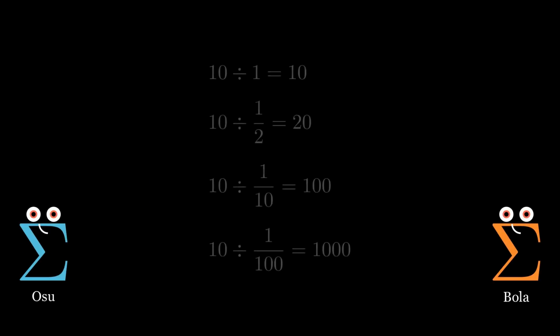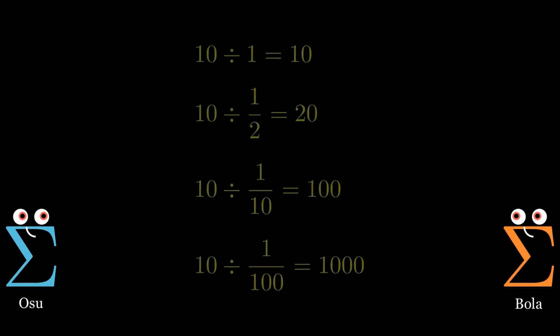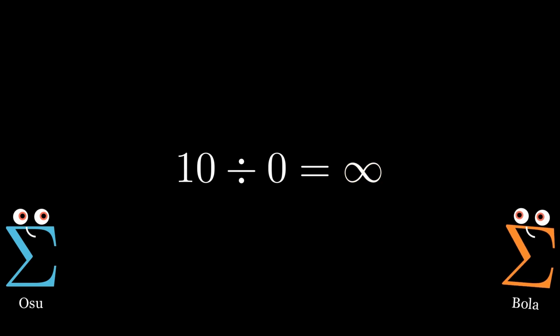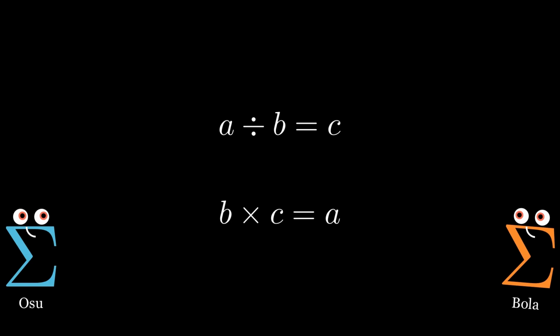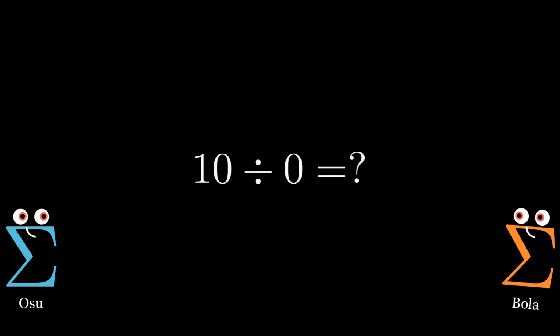From this pattern, it may feel natural to jump to a conclusion, because if dividing by smaller numbers produces larger answers, then dividing by 0 might actually seem like it should produce the largest result possible, infinity. But mathematics is extremely careful with its definitions. Patterns alone aren't enough, because every operation must remain logically consistent, and this is where dividing by 0 begins to cause